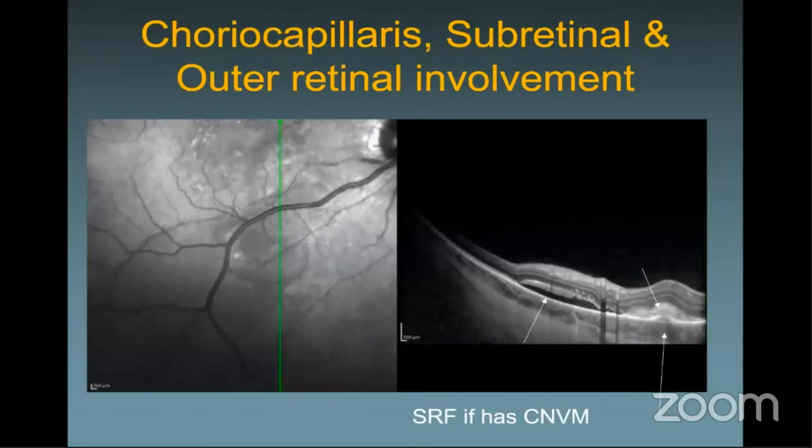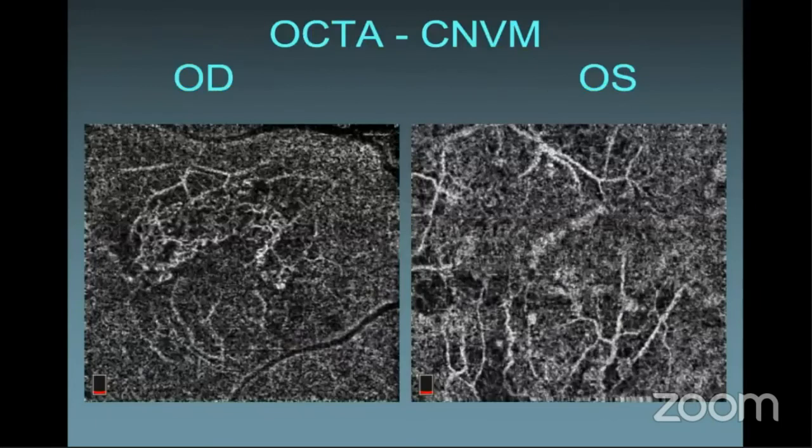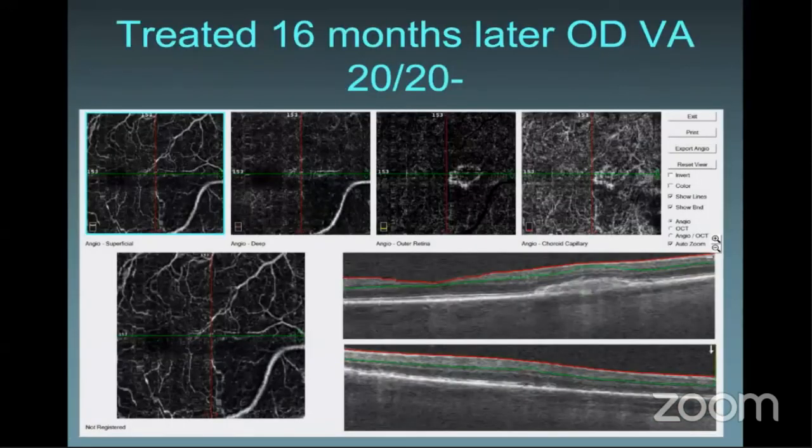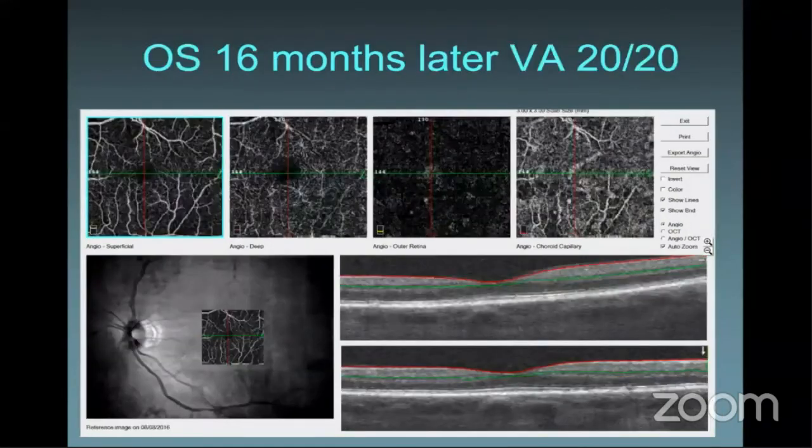You can see subretinal fluid from the CNVM in the right eye here, and CNVM could be confirmed on OCTA. Autofluorescence imaging shows hypoautofluorescence of most of the lesions unless there's some fluid from the CNVM, which can be hyperautofluorescent. This patient was treated with both anti-VEGF injections and steroids, followed by immunosuppressives. The CNVM regressed and the vision came back to 20/20, and he has remained pretty stable for quite some years